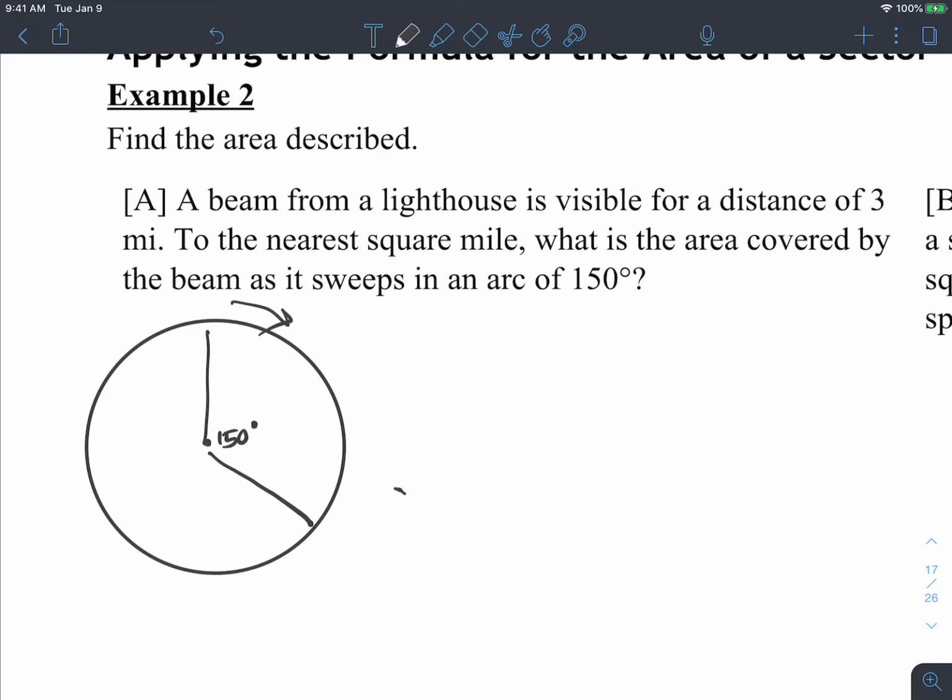And the radius is 3 miles right here. 3 miles. And we're curious to know what this area here is. Okay? That's what we want to know, right? All right. So we want to find the area of the sector. So the area of the sector